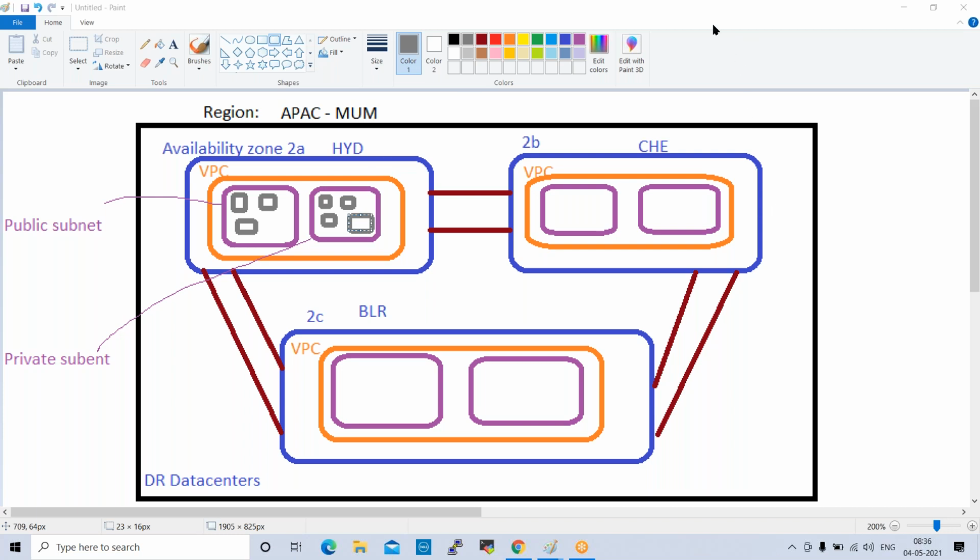Through VPN only can we connect to our private network. First, I need to connect to VPN, then only am I able to connect to my office network. The same way, for private servers and private networks, we need to connect to VPN. This is for intranet.